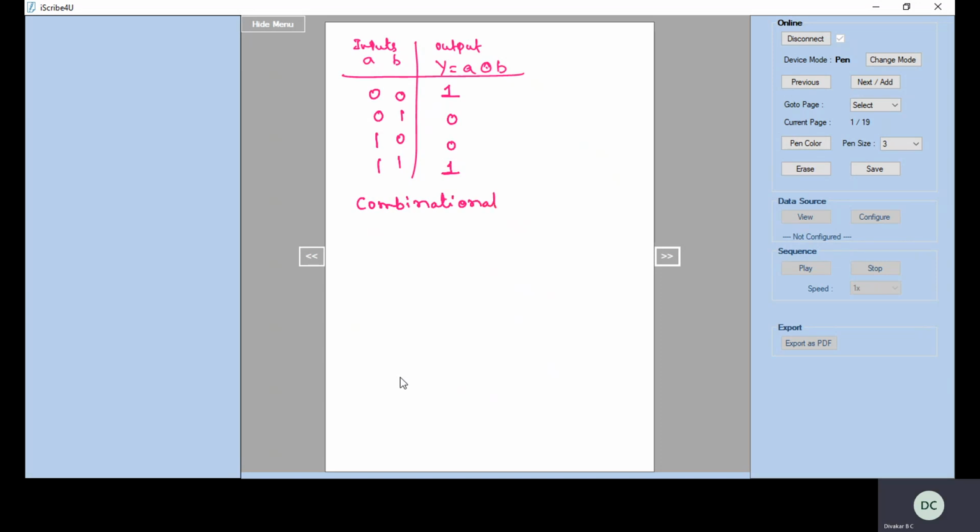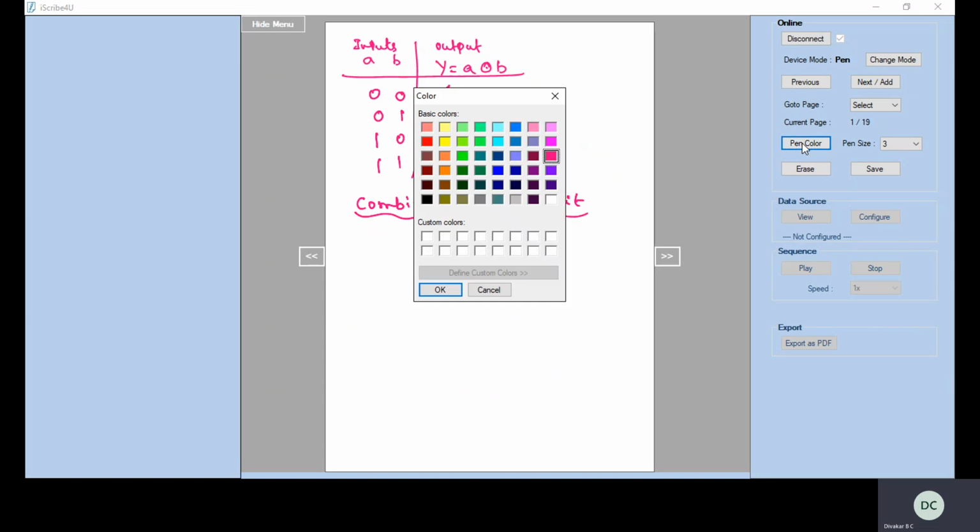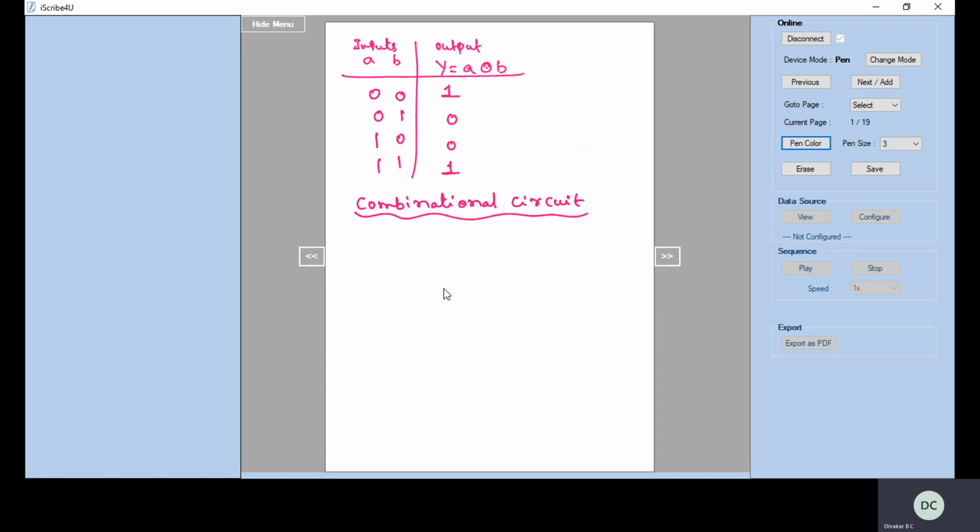So now let us take the combinational logic circuit. Basically, the digital circuits can be classified into combinational and sequential logic circuits. A combinational logic circuit is one in which the output depends only on the present values of the input. There is no memory and no feedback in the combinational logic circuit, and the design is very simple. Some examples of combinational logic circuits are adders, subtractors, multiplexers, demultiplexers, etc.